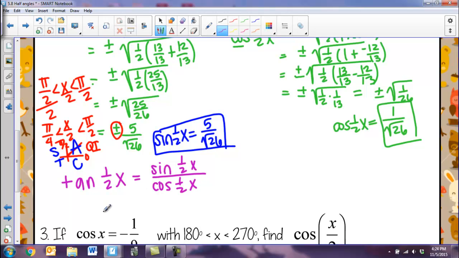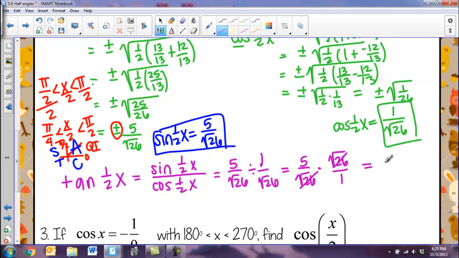And so I already found the sine of 1/2 x. I already found the cosine of 1/2 x. Let's make our life easier and plug in what we know. So we're going to have 5 over the square root of 26 divided by 1 over the square root of 26. With fractions, you keep change flip, so we would keep the first one, change my sign to multiplication, flip over the second thing. My root 26's would cancel, and I would just get that my answer would be 5